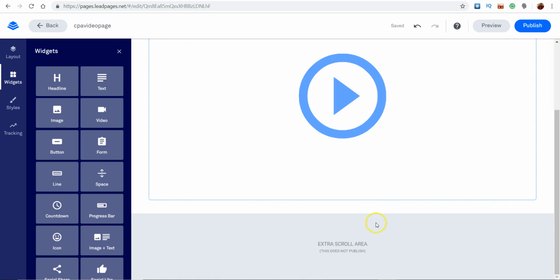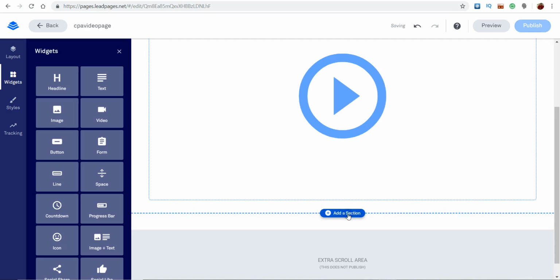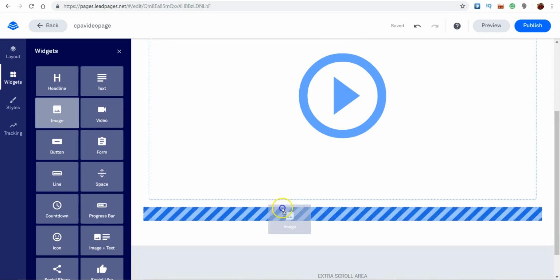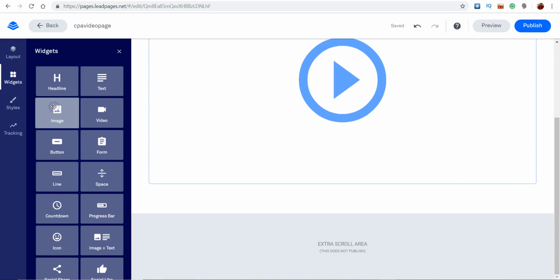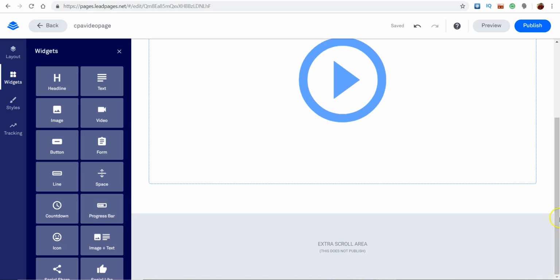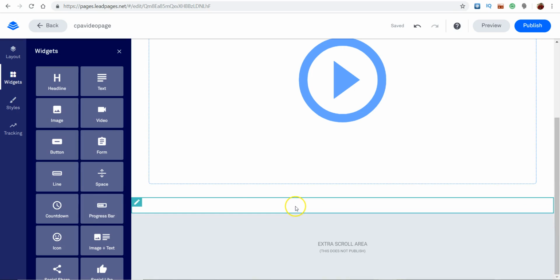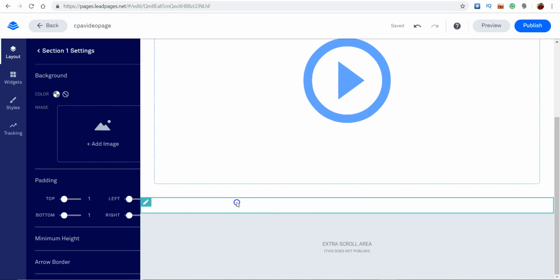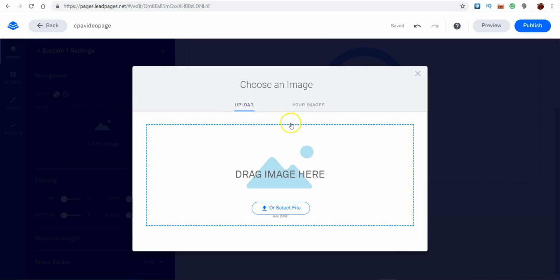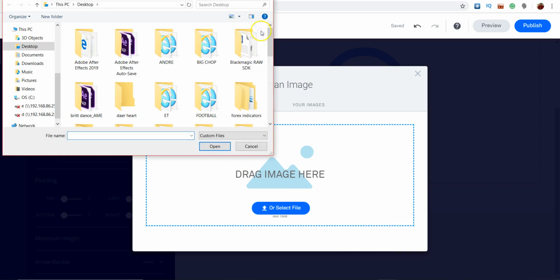and go here to add a new section. Now you can do this two ways. You can either drag this under as an image, which I don't recommend because it won't stretch to the entire length. So what I would do is I would just click in this section, add an image right here, go to upload, go here, and then click on